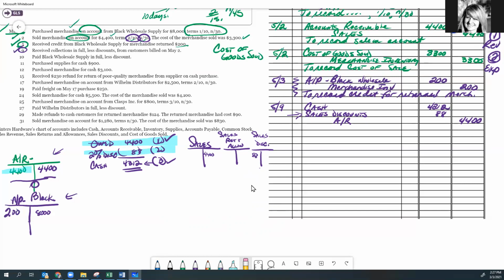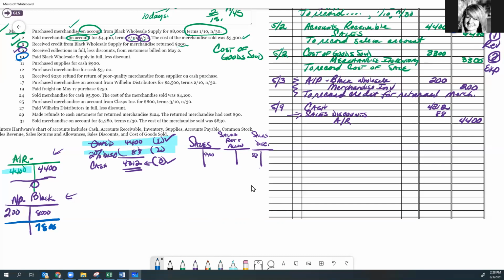And then on 5/10, we are paying for the merchandise that we had purchased from Black Wholesale. And we're paying it in full less the discount. So we're paying it here on the 10th, within 10 days. So we want to first determine how much do we owe Black Wholesale? And so that's why I do like the T accounts. So I'm going to look at the balance. We had credited the account 8,000 when we made the purchase, and then we debited it 200 when we made a return. So we only owe them